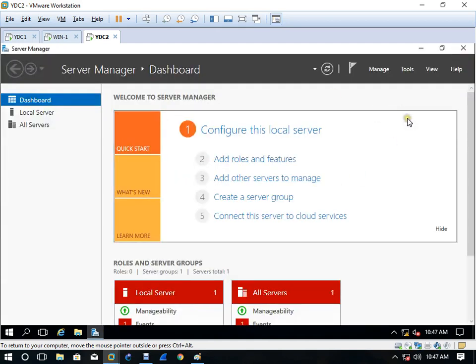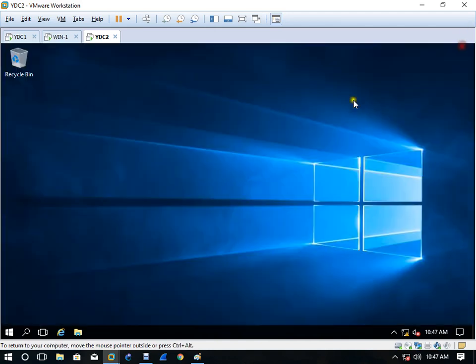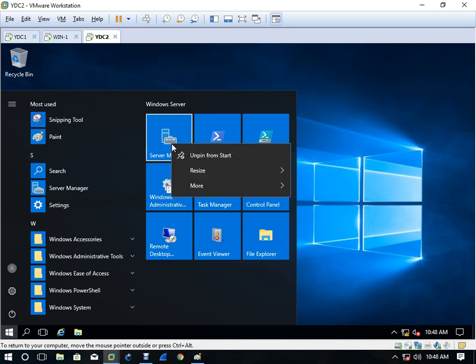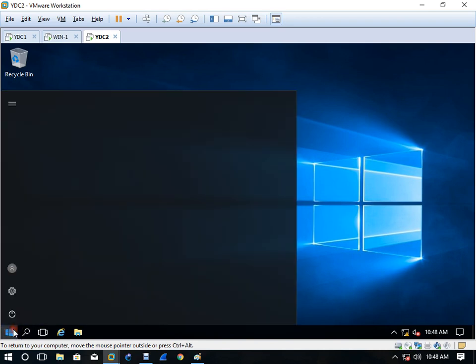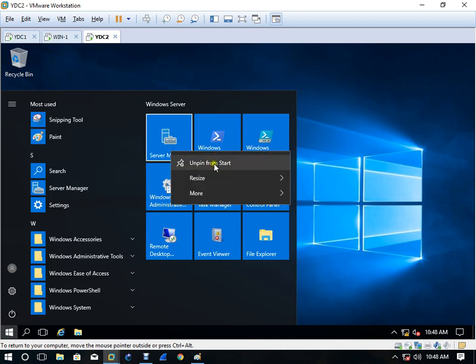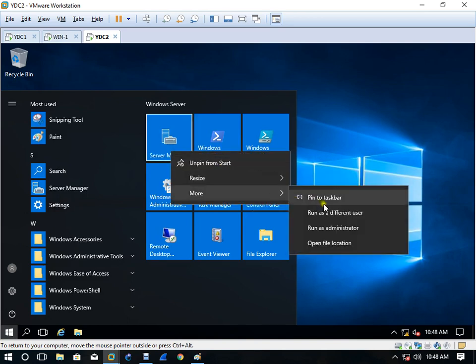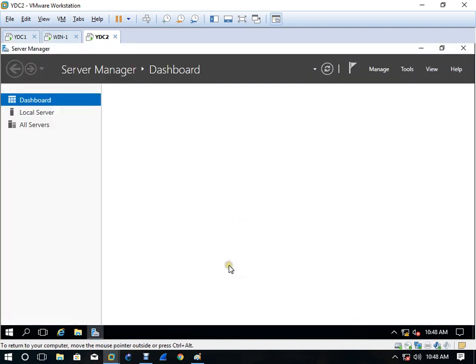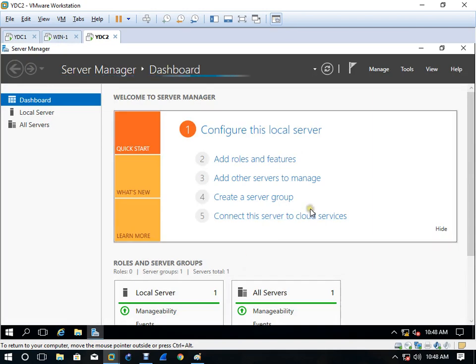Okay. So now what you have to do, you have to start Server Manager. So click here on start. See, by default whenever you log in, Server Manager starts automatically. But if Server Manager is not there, you can start it from here. Click the Windows button here and then Server Manager is here. So I'm going to add it to my taskbar also here.